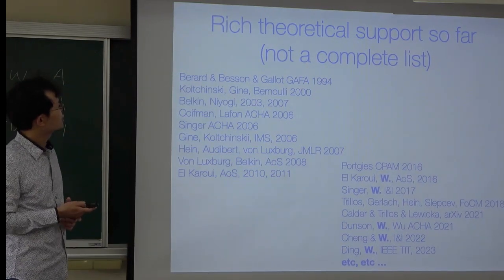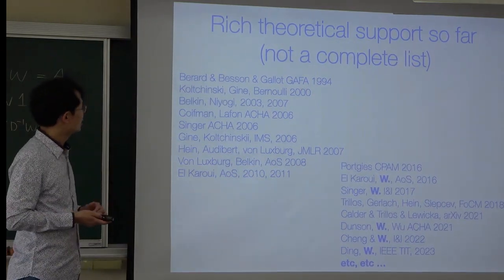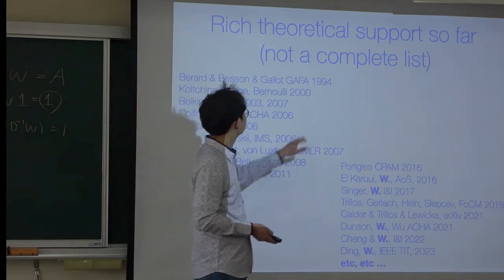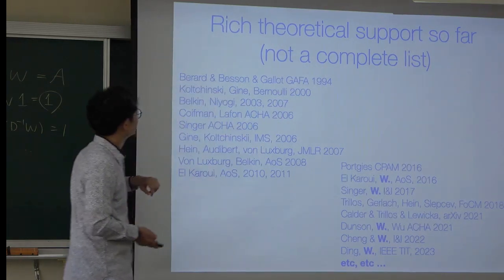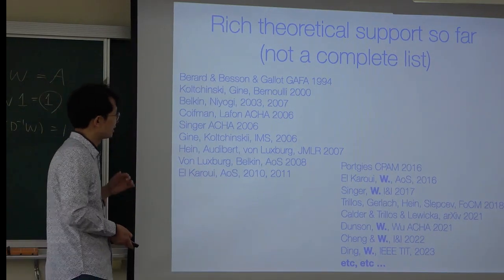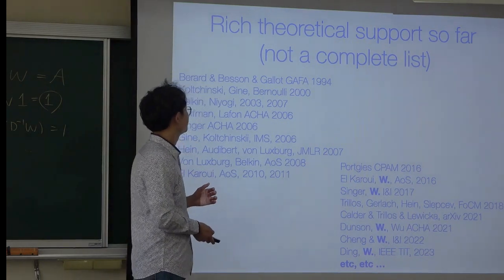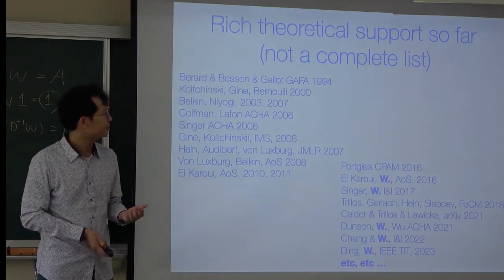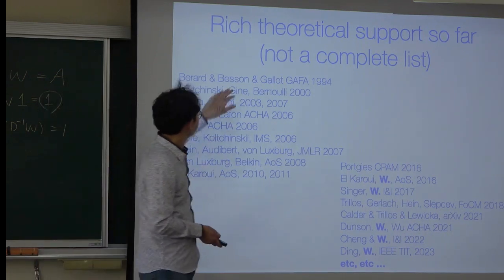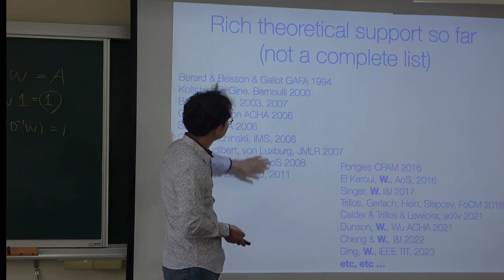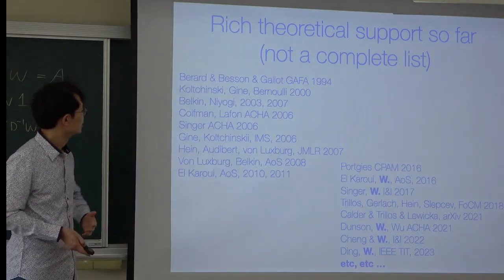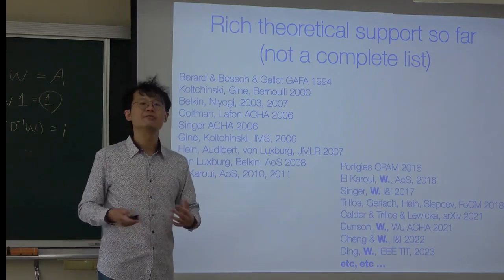So far, this algorithm has rich theoretical support, starting from 1994 in GAFA, which tells you that you can use all eigenvectors and eigenfunctions of the Laplace-Beltrami operator to achieve an almost isometric embedding into L2 space. Starting from there, a lot of algorithms depend on that kind of spectral embedding idea to achieve manifold learning